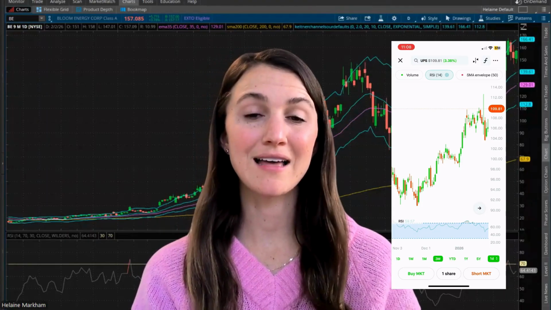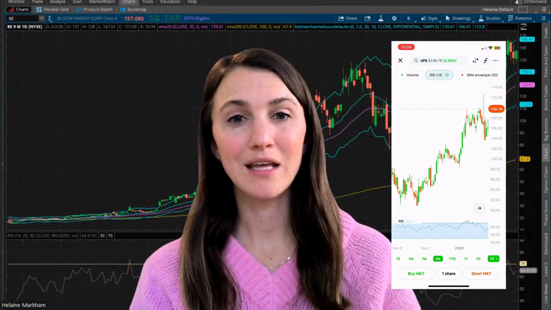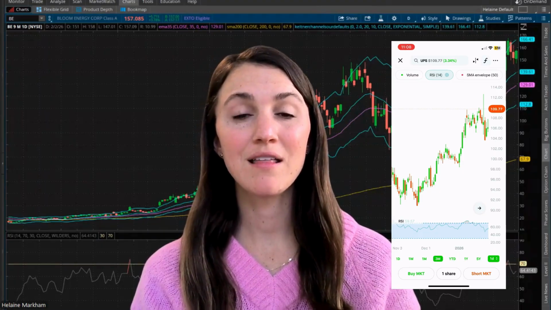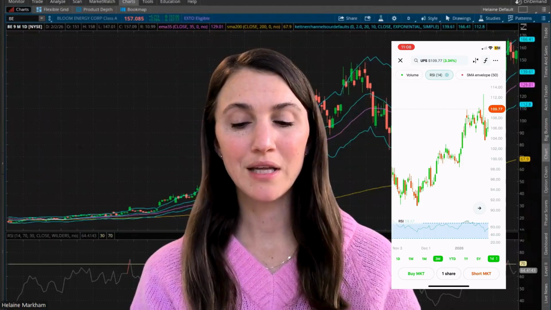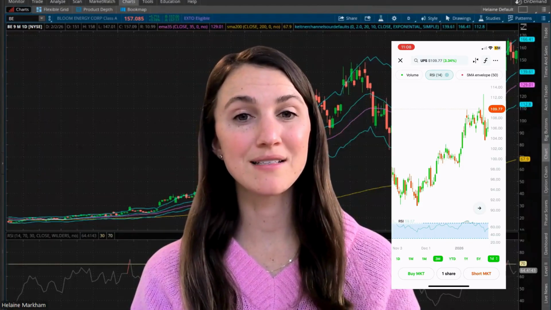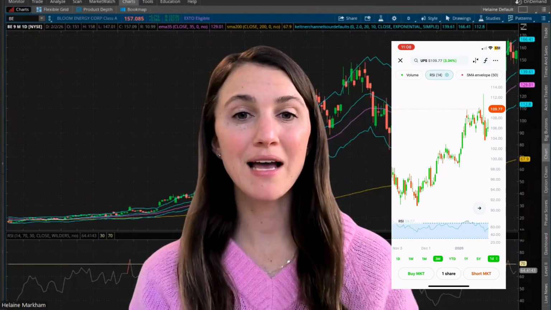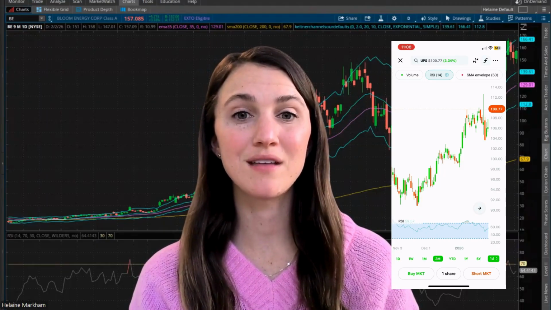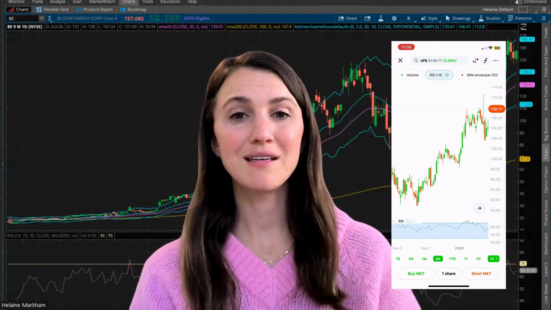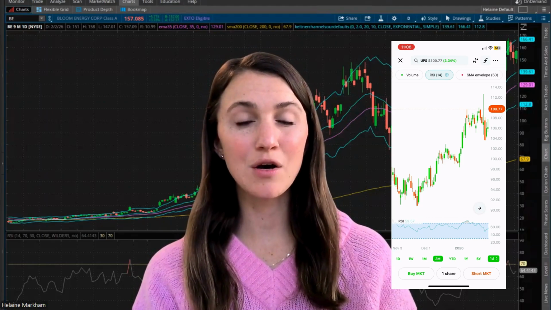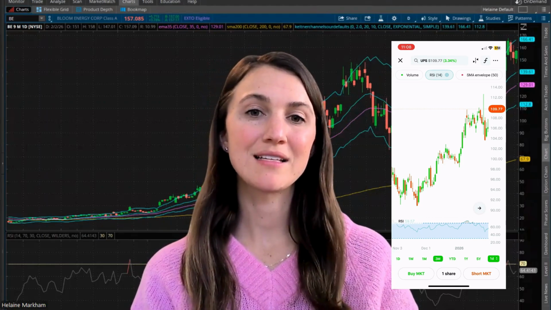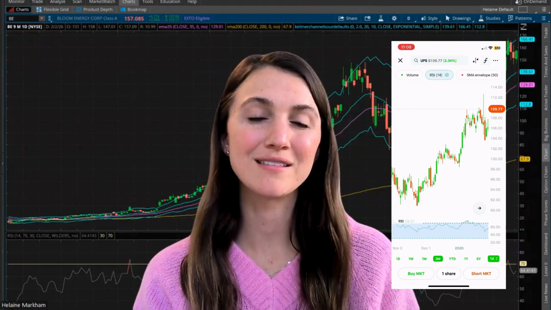Every day a stock has an RSI rating. If that rating is above 70, then it means the stock is currently overbought. If it's below 30, it means the stock is oversold. I specifically don't want to be buying stocks when they're trading above 70 in the RSI because that is telling me that the stock is overbought in the short term and it's likely to decline in price in the coming